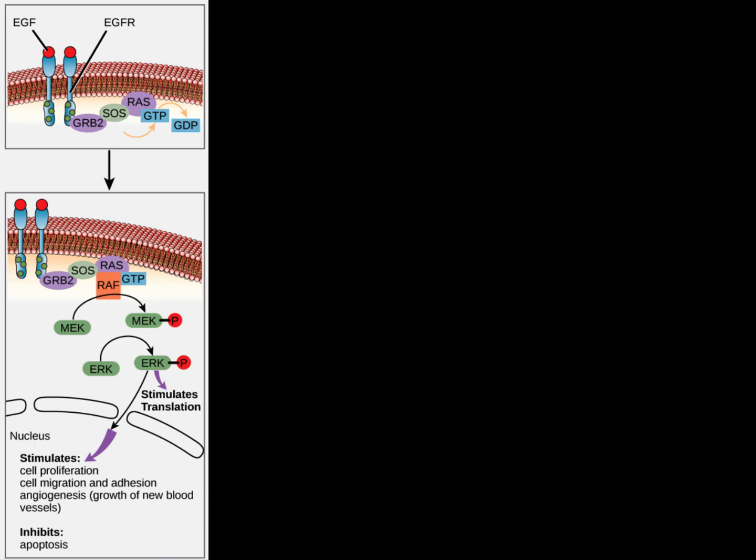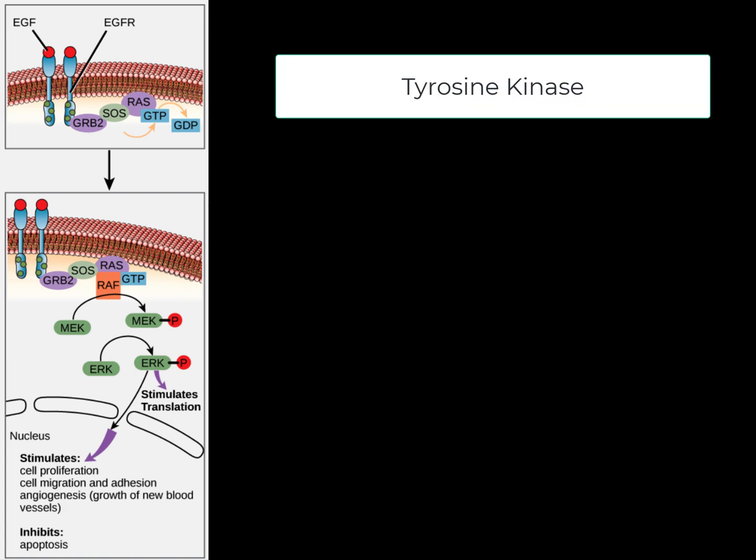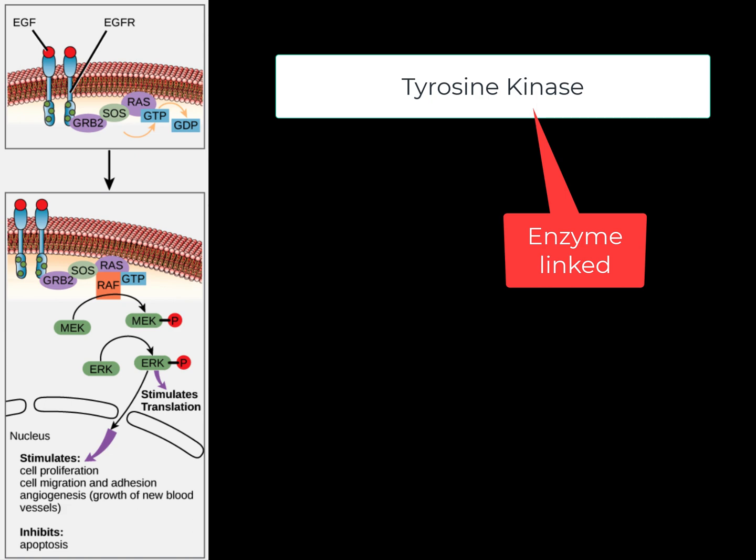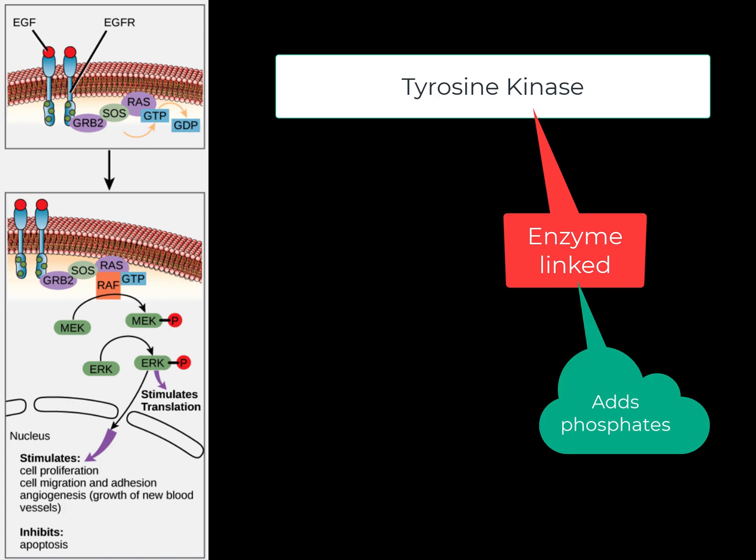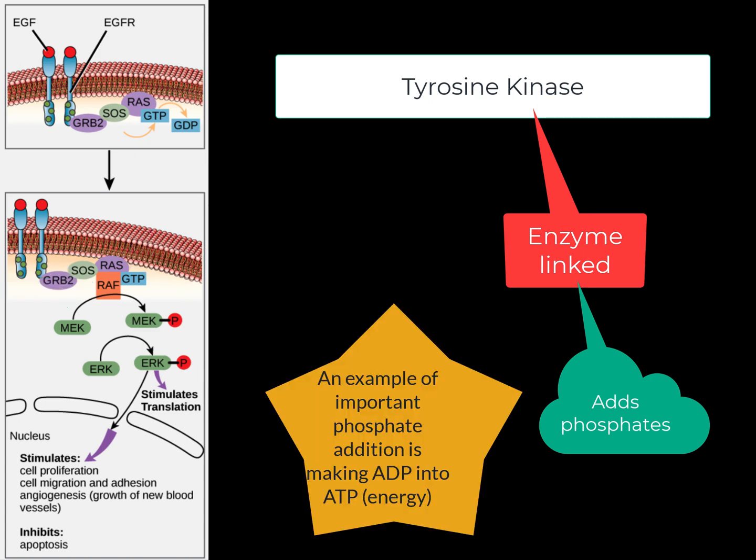So I wanted to give you an example of one of these kinds of cascades that can happen. This particular one is a growth factor, and the type of receptor is called a tyrosine kinase. You might guess from the -ase, it's an enzyme-linked receptor. So basically, once the ligand binds, now that enzyme's able to do something. In this case, kinases are really good at adding phosphates to things. Here we have a protein kinase, which is called RAF, and that is activated by RAS. I know these are always hard to remember, but just remember it's a kinase, so it's really good at adding phosphates to things. In this case, it adds a phosphate to this MAP